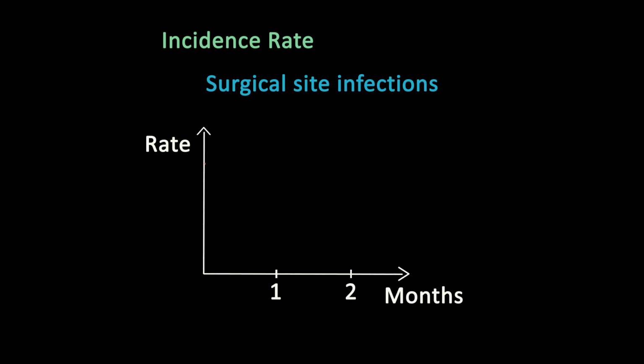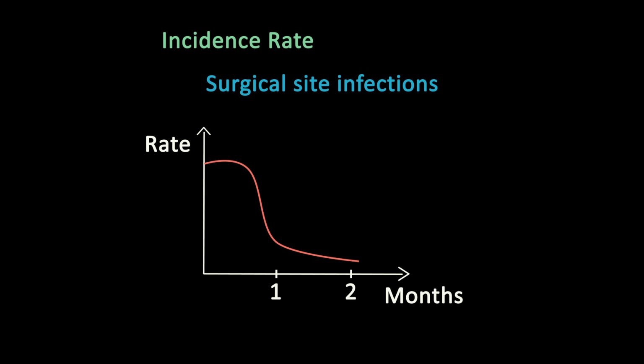the rate. But if the incidence rate measures the speed of occurrence of an event, what would happen if this speed changes with time? Take surgical site infections, for example. Most of them develop during the first month after surgery, and then the infection rate decreases dramatically after that. In this case, if we calculate a single incidence rate of infection for the whole period of 2 months, we get a single number, the average rate, that does not reflect the early peak and the late drop in the